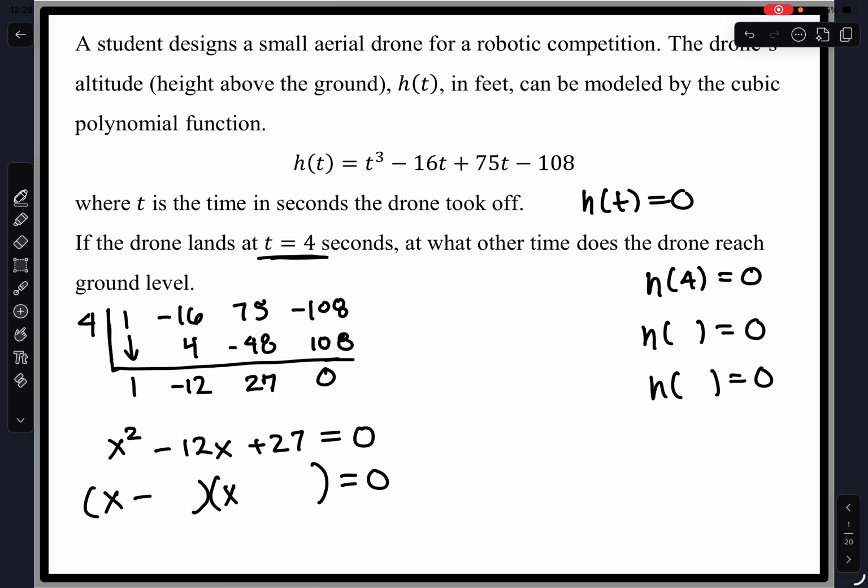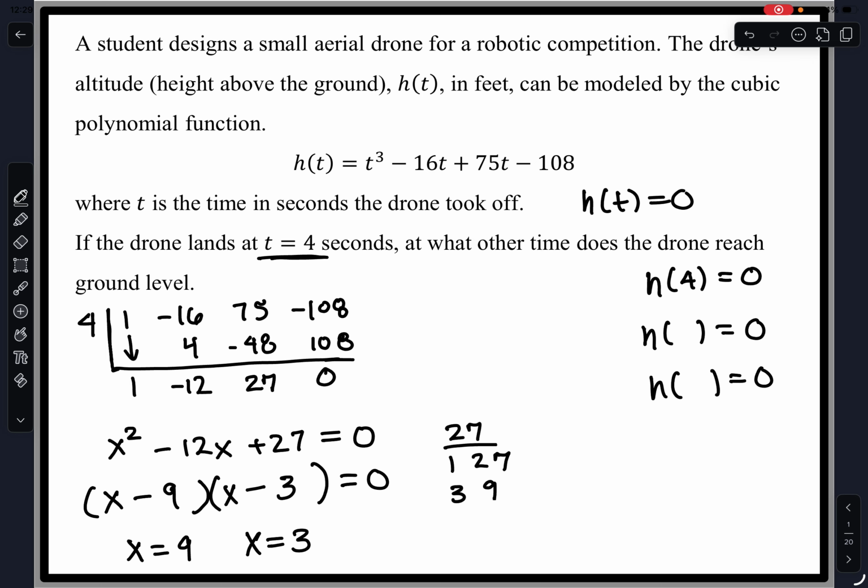So we have a negative value here, negative and negative is going to be negative as well. And now we're looking for the factors of 27. And the one that's going to work is 9 and 3. So 9 and 3 multiply to positive 27, but they also add up to that negative 12 that we want in the middle. So here are our solutions, 9